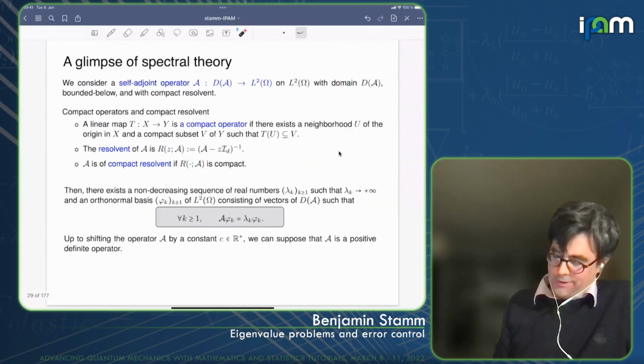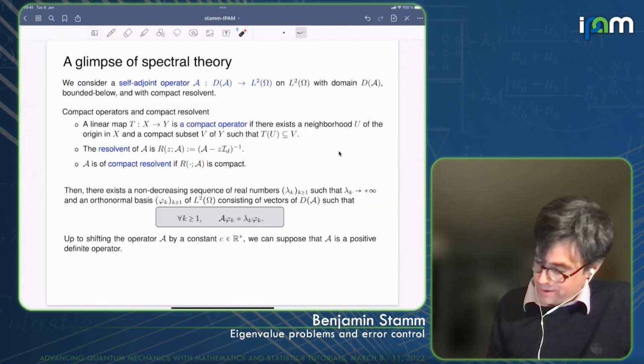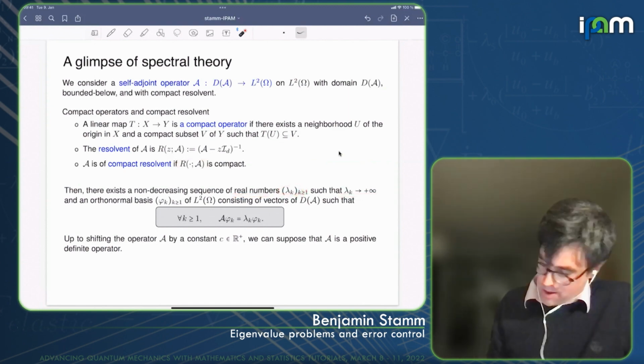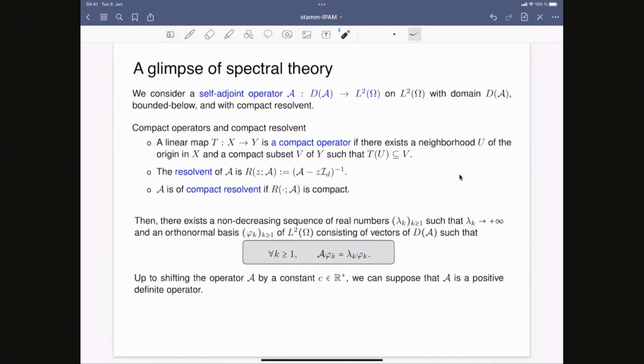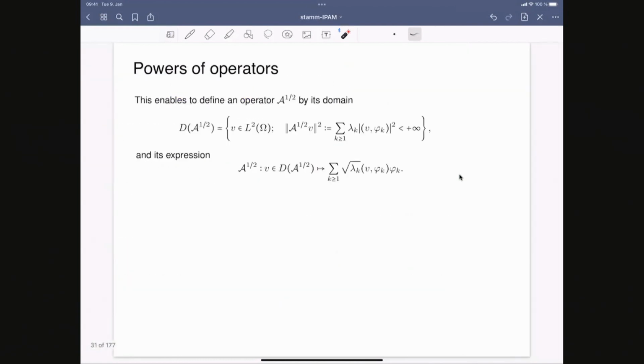All right, in this case, you know there exists a non-decreasing sequence of real numbers, the eigenvalues, that tend to infinity, and an orthonormal basis, phi_k, consisting of vectors of D(A) such that we have an eigendecomposition. And now, since the operator is bounded below, you can shift it to make it positive, such that all lambda_k become positive numbers. And with this at hand, in the way I already introduced, you can define the operator A to the 1/2 by just taking square roots of the eigenvalues. These are now positive real numbers,